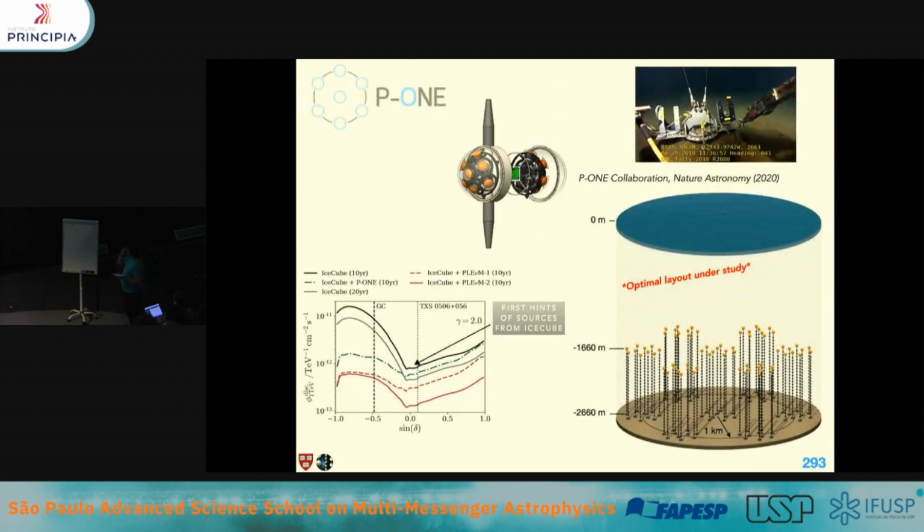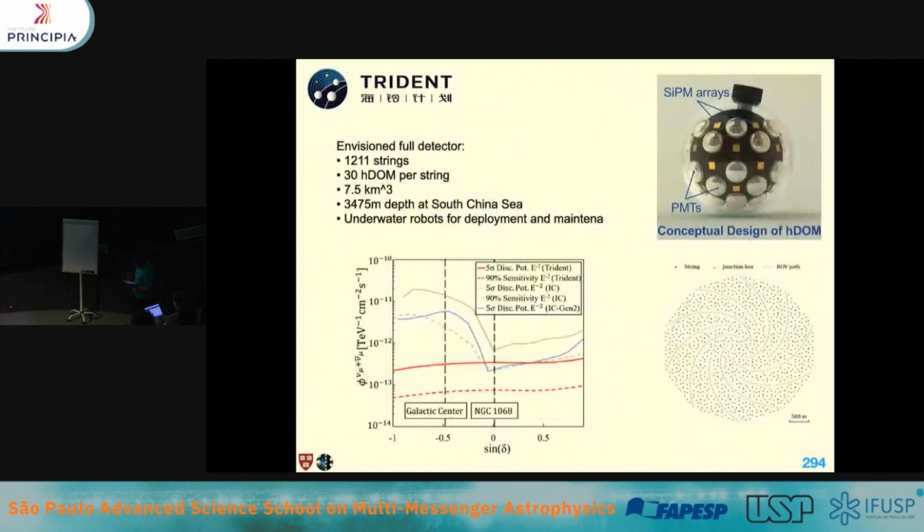Then there is P1. This is a new idea that's going to be deployed off the Canadian shores of Vancouver, and it uses underwater facilities of the Canadian Oceanography Network to deploy KM3NeT light detectors, and this is something that's currently under development. And then finally, there is TRIDENT, which is a new idea to deploy a Chinese neutrino telescope, with similar devices as the other neutrino telescopes, but this one is actually 7.5 cubic kilometers, so the size of IceCube-Gen2, and is to be deployed off the coast of the South China Sea.